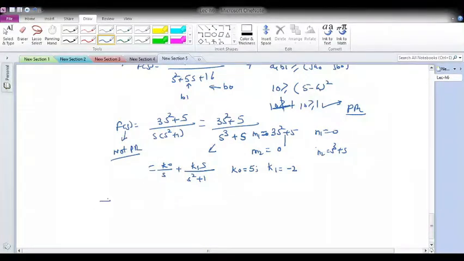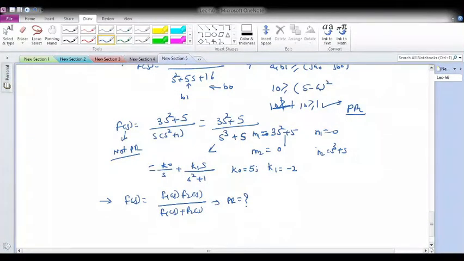Okay, then what next if my total F(s) is like this, which is F1(s) into F2(s) divided by F1(s) plus F2(s), whether it is PR or not. Okay, so basically this is what Z1 Z2 divided by Z1 plus Z2. I mean, two impedances, if they are in parallel, that form also you can write.